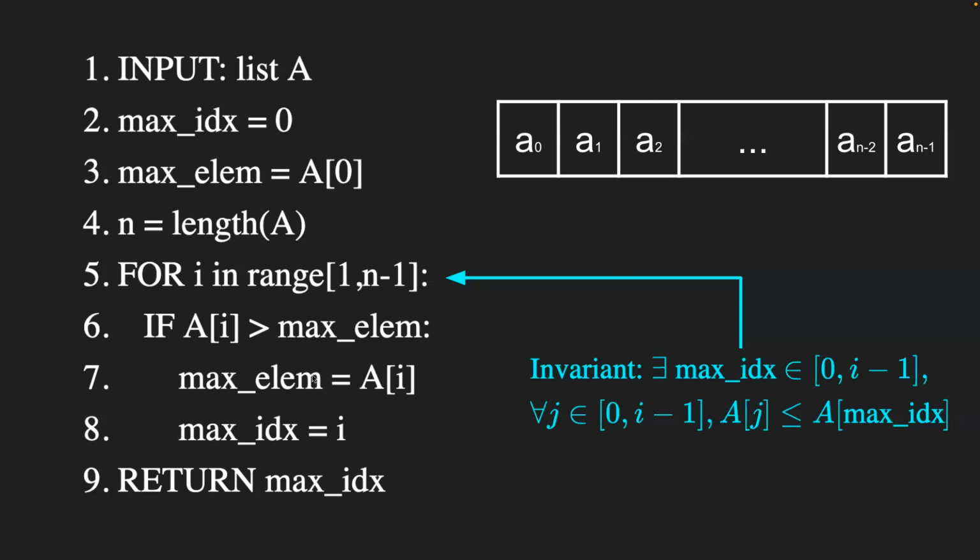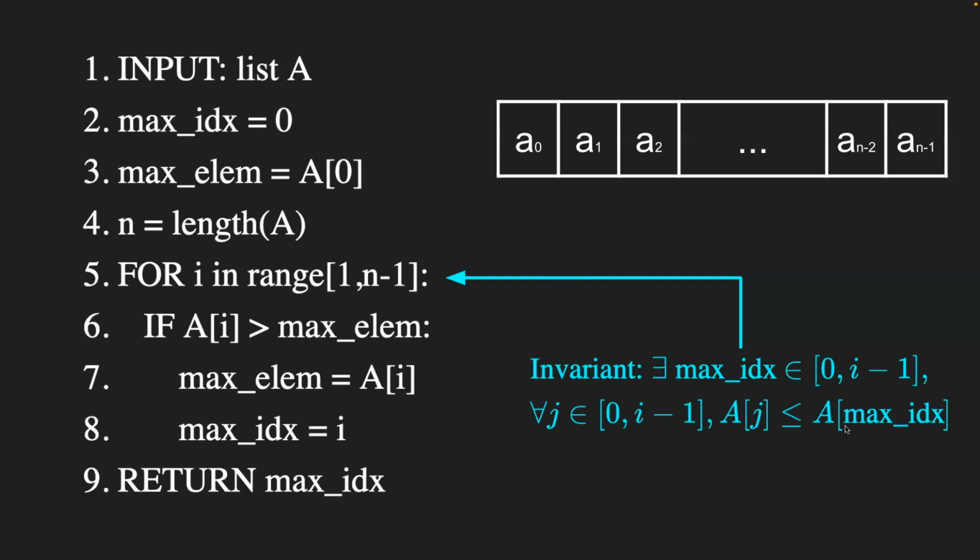If I'm at 2, my i is 2, and your j's are going to be 0 and 1. Those are the previous indexes, everything I've looked at previously. So it's saying for all values up to this current index i, including i minus 1, everything up to i,